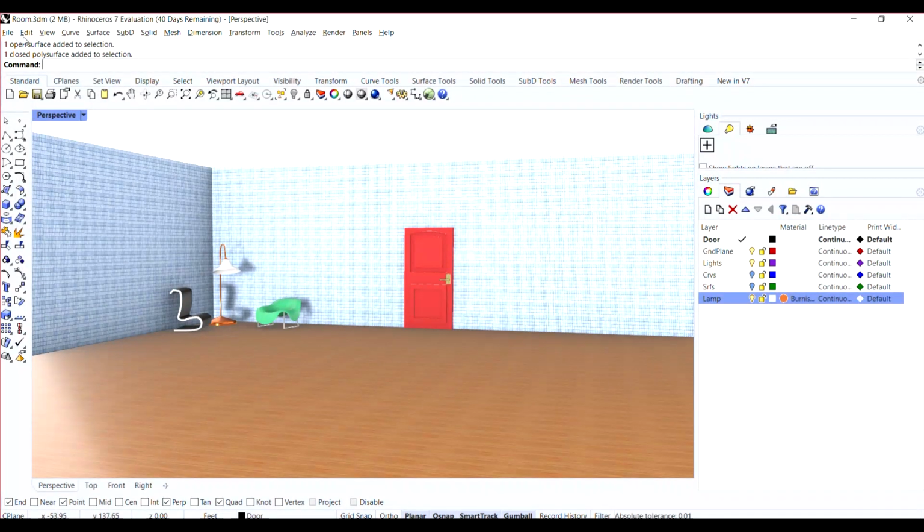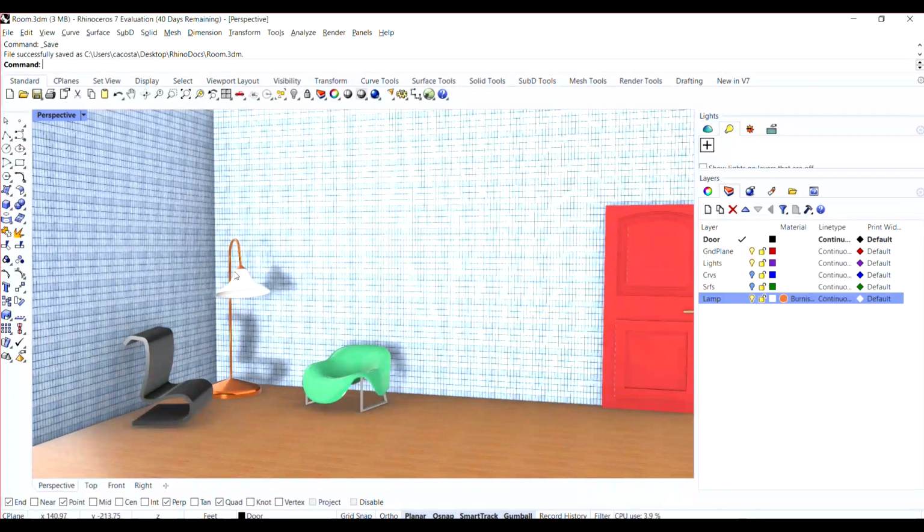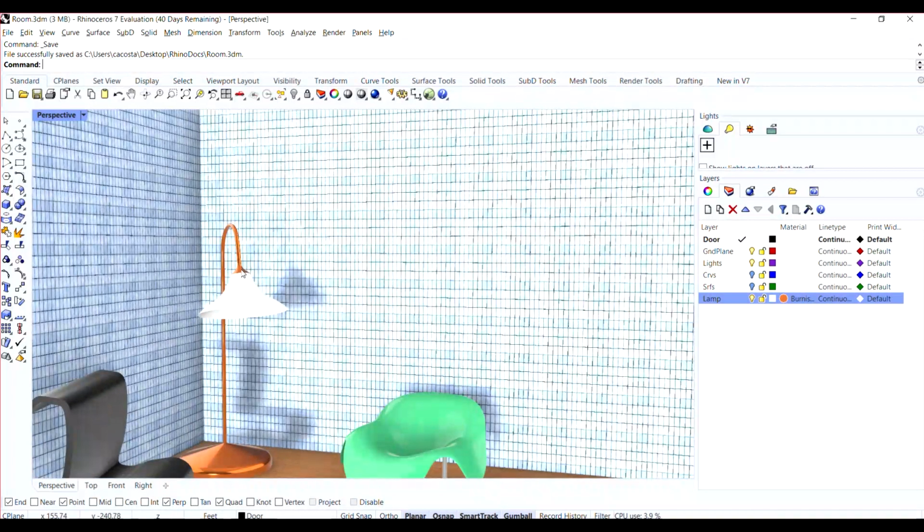So you can save this. And this is a very easy way to show how, working on the curves, you can generate surfaces and solids, how to operate with surfaces, like we did in this lamp here. You create a blend surface from this surface to this surface,